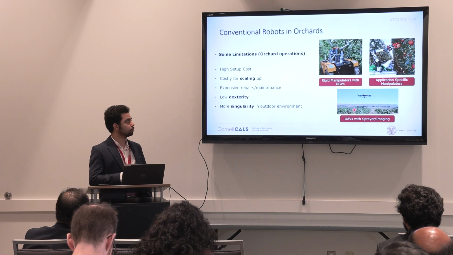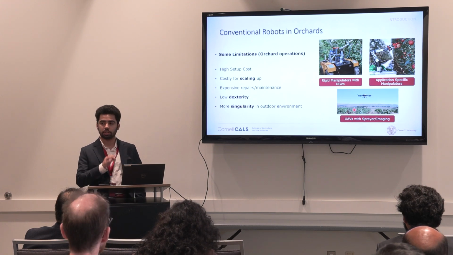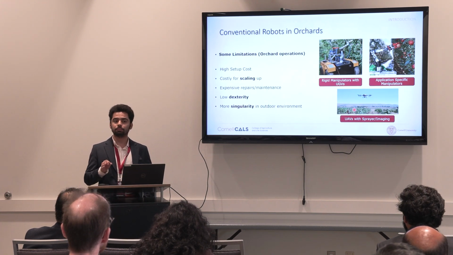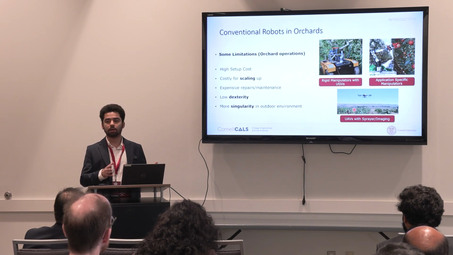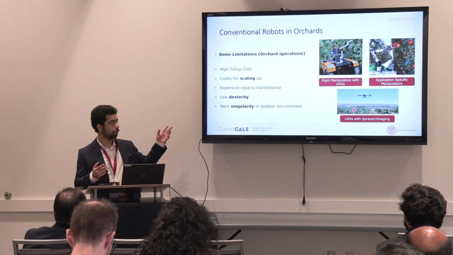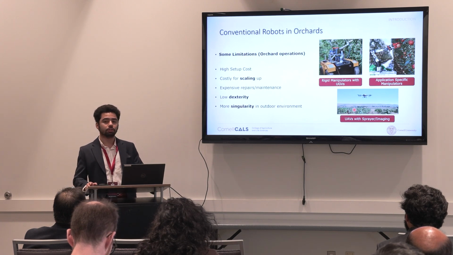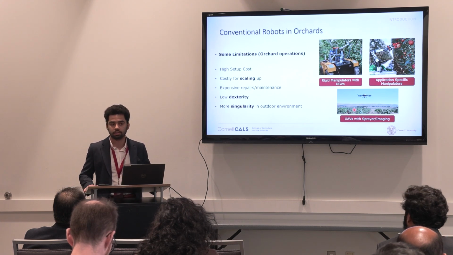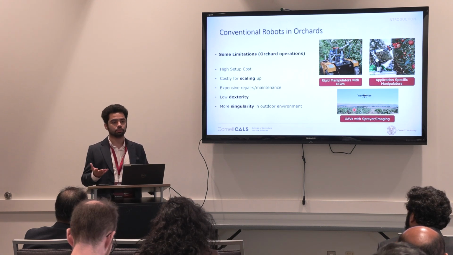So we come to conventional robots. We have seen a lot of people working on the UR5 and similar robots. They are perfect when it comes to R&D effort. But whenever you want to take something from the lab to the commercial field, you need something easily scalable. For reference, the UR5 arm, heavily used in academia, costs around $45,000. It's very good for R&D, but if you want to scale it for a commercial solution,